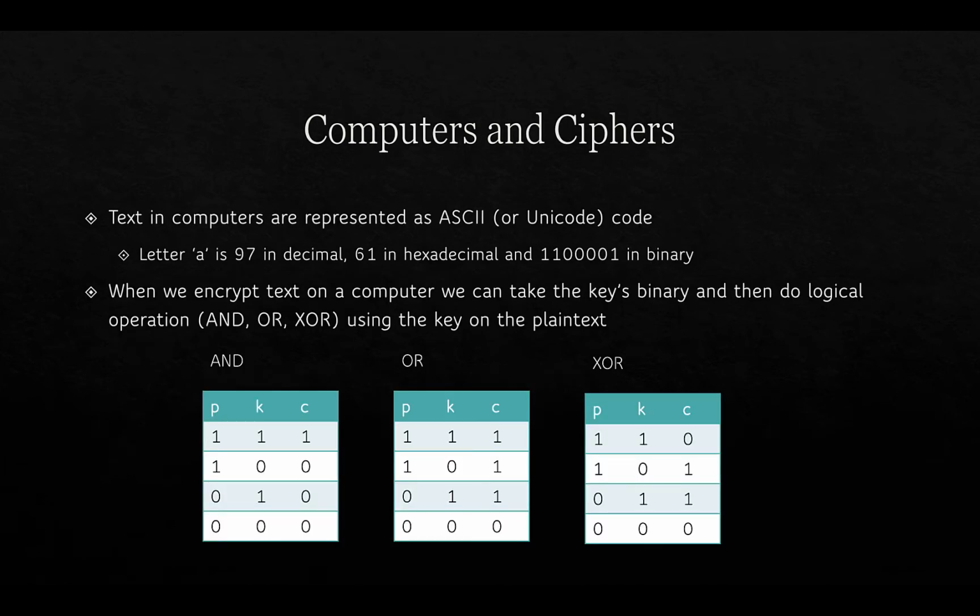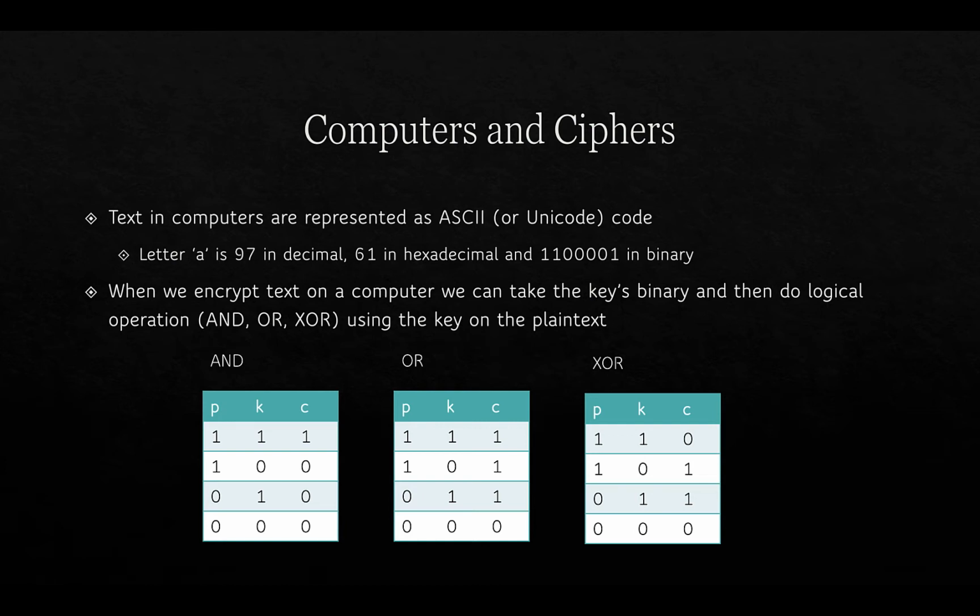Before we look at those, however, let's just consider what we're actually doing on a computer when we're dealing with text. So text in computers, as I mentioned before, is represented by ASCII or Unicode code. And so this is a digital representation of each of the characters, the printable characters, so the alphabet and the numbers, and also other characters like non-printable characters. So every character in the character set has a digital representation, a number. So A, for example, is 97 in decimal and 61 in hexadecimal, and in binary it's